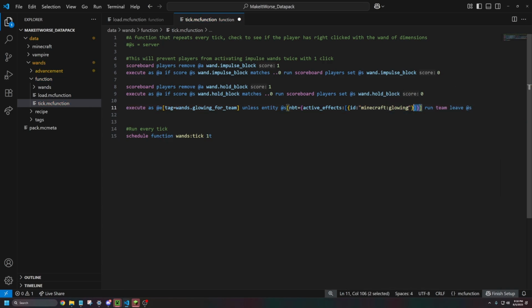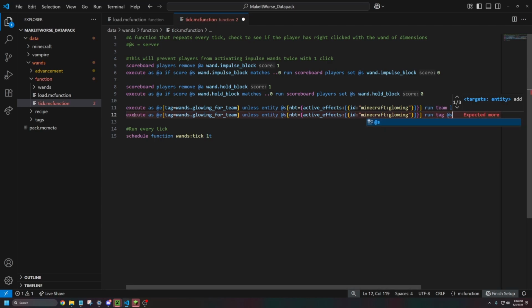And then we're going to copy all this stuff right here from execute over to the end of the @s selector, and we're going to paste it again, and we're going to do run tag @s remove